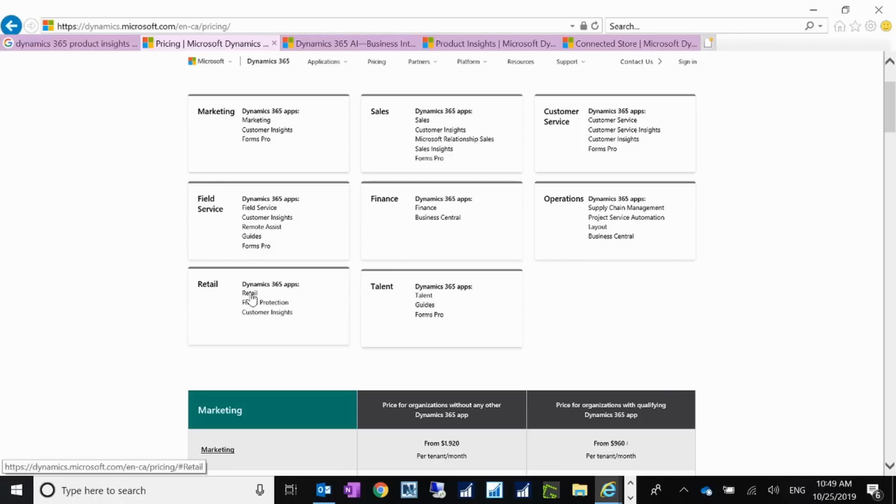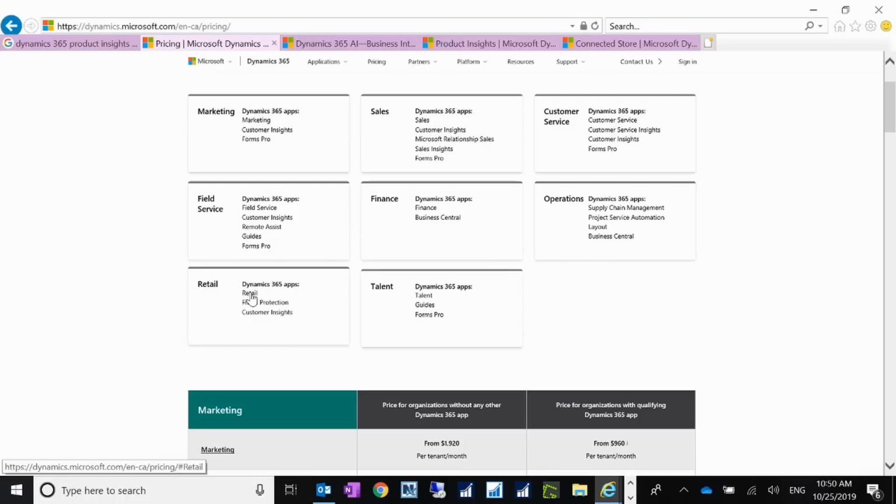For the retail solution, this retail is going to be renamed to Dynamics 365 Commerce. So it will integrate both your physical stores and the digital channels. The connected store is using the video cameras and the IoT sensors. IoT is Internet of Things. So you need to have that hardware for the connected store AI functionality, because those video cameras and Internet of Things